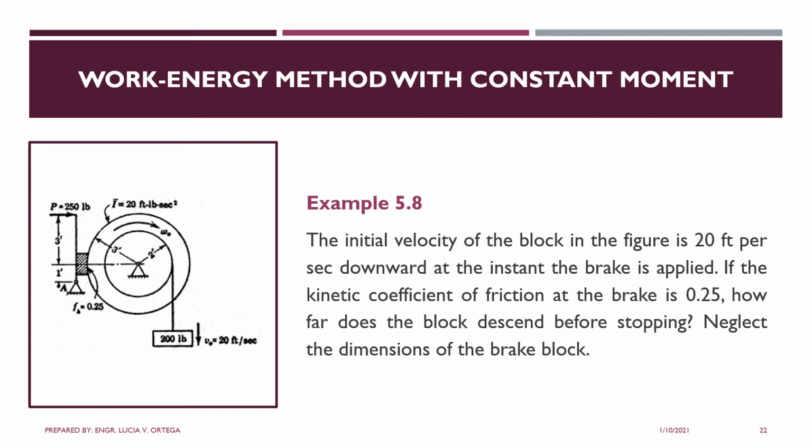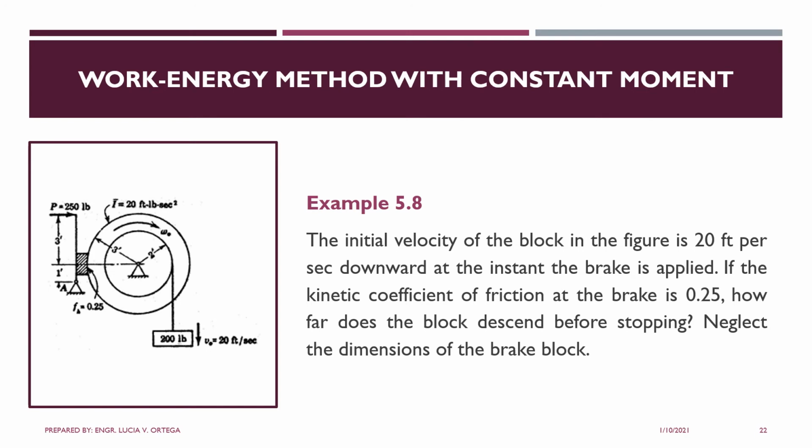If the kinetic coefficient of friction at the brake is 0.25, how far does the block descend before stopping? Neglect the dimension of the brake block. So this is the block, 200 pounds. The initial velocity is 20 feet per second. So it's applied on the